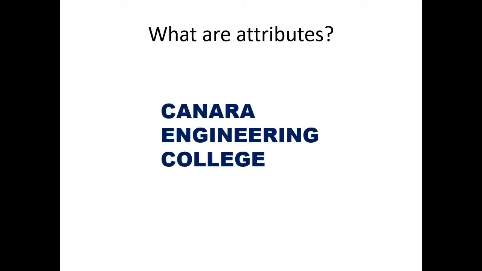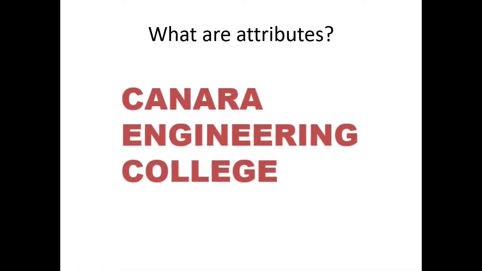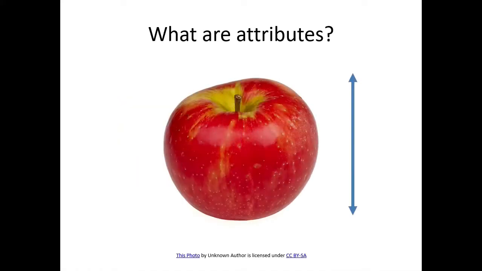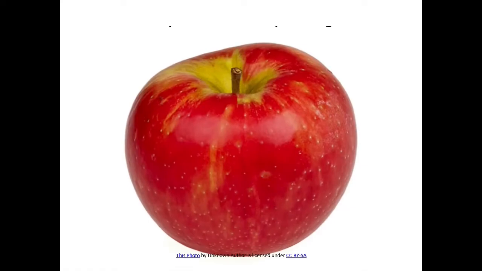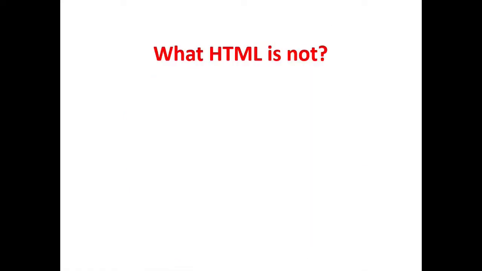For example, if text is an element, then the attributes are like color or font size and even alignment of the element, because every time I change color, font size or alignment, such attributes, the text appears different on the web page. For example, if image is an element, then height and width of the image are attributes, because as we vary height and width of the image, the size of the image appears different. This is all about small introduction of HTML.